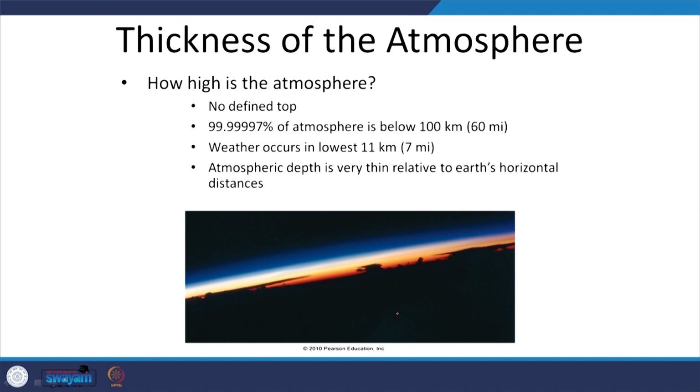Atmosphere exists from the ground to infinity. I mean, infinity should not be treated as let us say 10,000 or 50,000 kilometers in this context. Rather, there is no such thing as a defined limit above which you cannot find atmosphere. So, the density of atmosphere decays exponentially. That means it decays very fast to begin with, and it decays slowly as you go ahead. Okay. So, 99.99997% of the atmosphere is below 100 kilometers. After which there are only few molecules or few atoms.